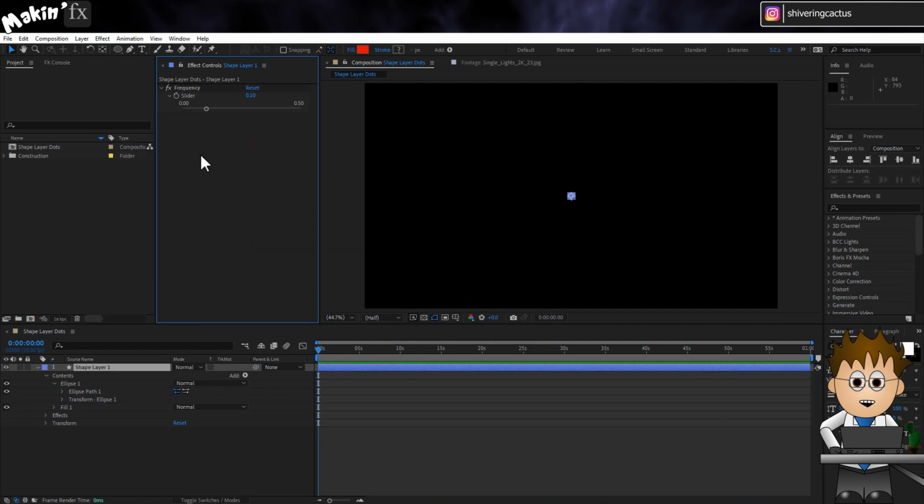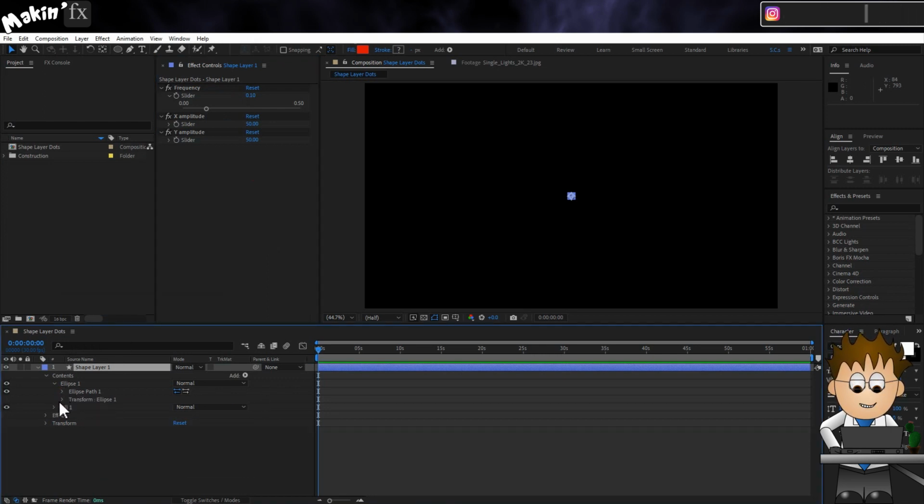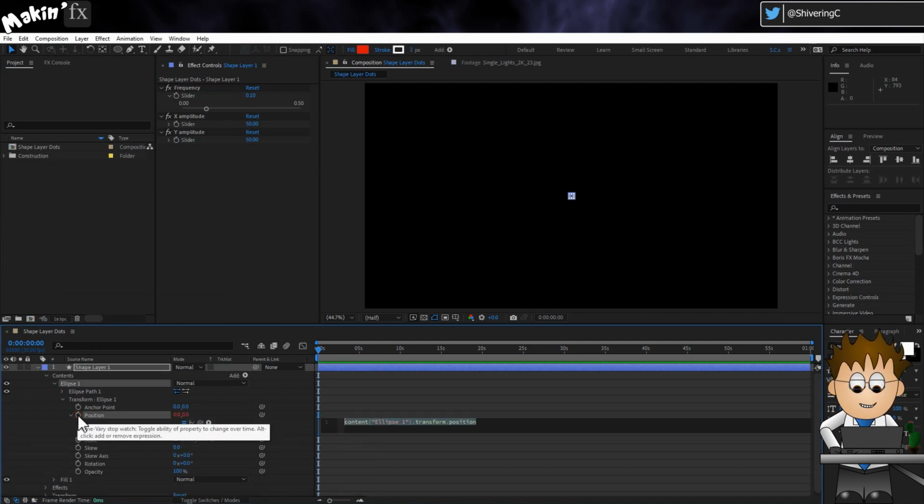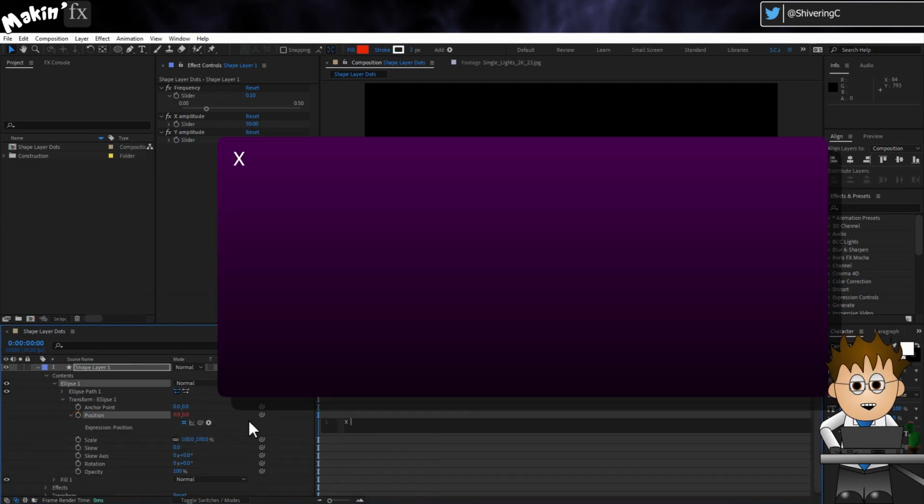And now add two more sliders. Name them X amplitude and Y amplitude, and set both to 50. Back on the timeline, hold the Alt key and click on the ellipse's position stopwatch, not the layer's or the group's position. In the expressions area, X equals wiggle, brackets, and use the pick whip to link to the frequency